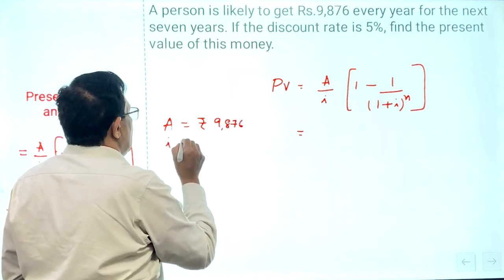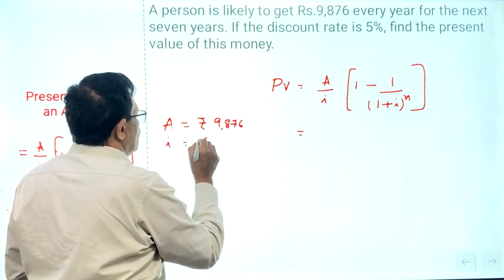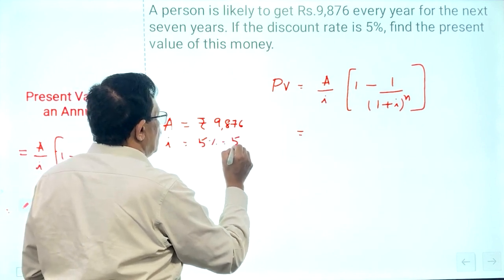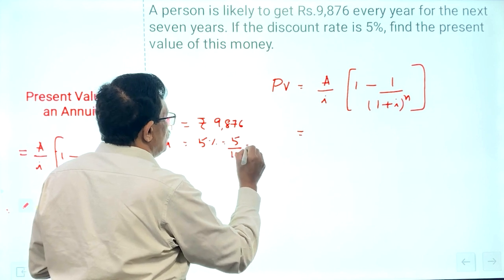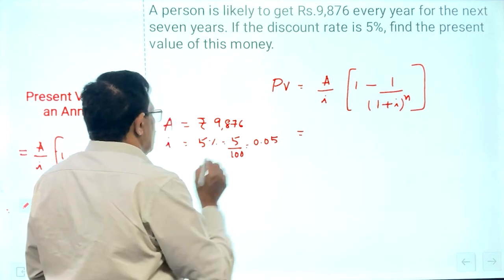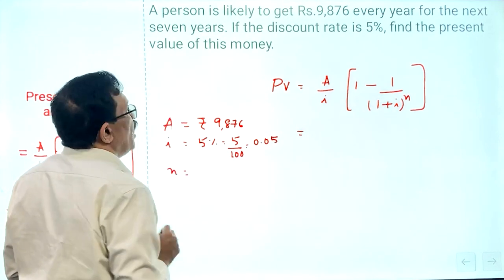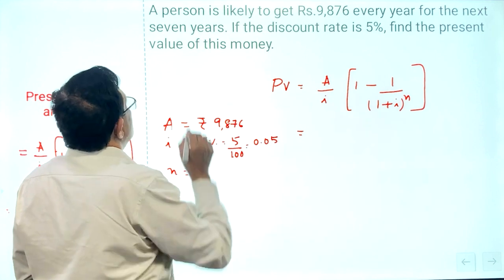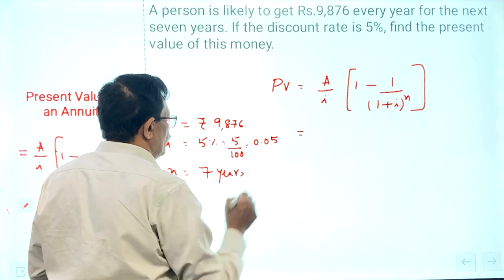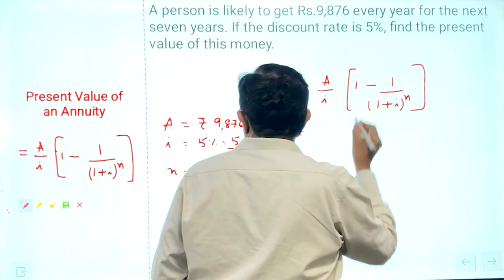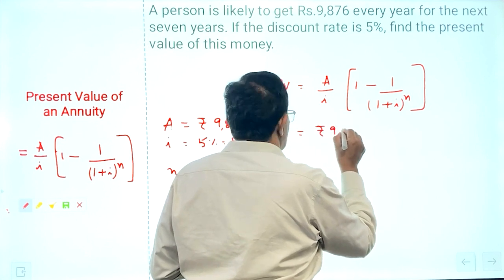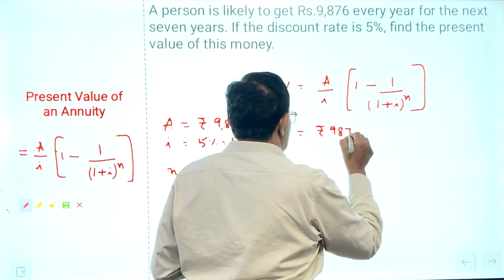I is given as 5%, which I can take as 5 divided by 100, which is going to be 0.05. Then N is given to you as 7 years. So the present value, let us substitute the values here. Rupees 9,876